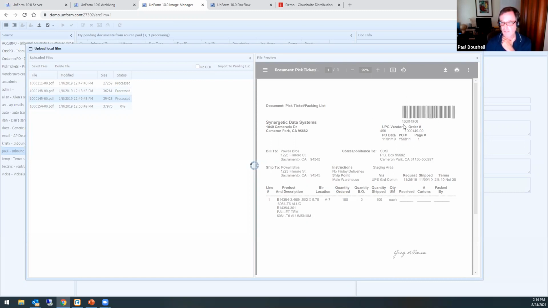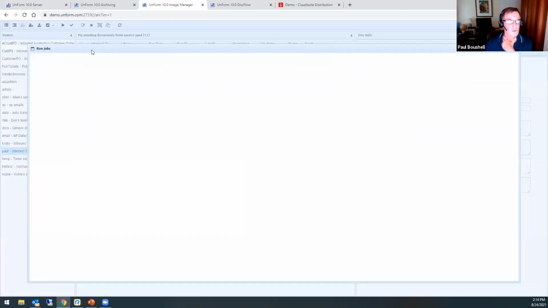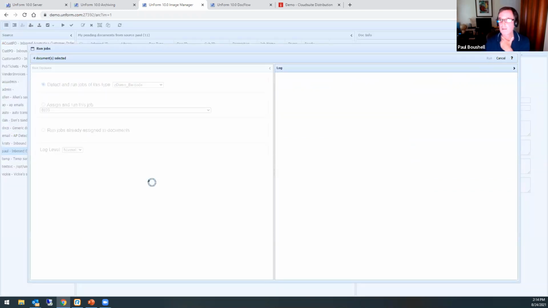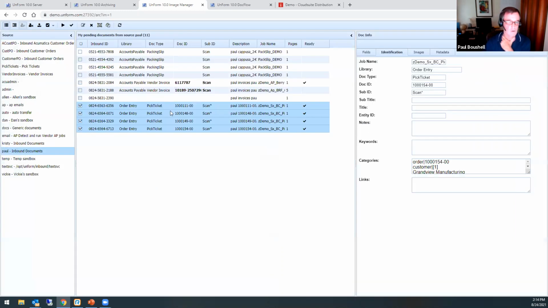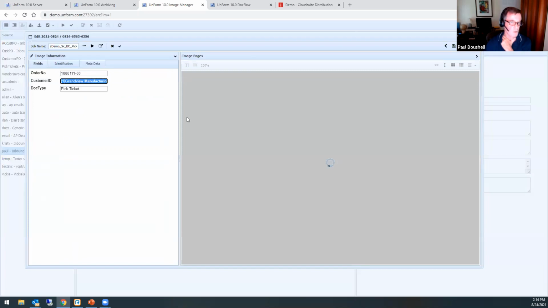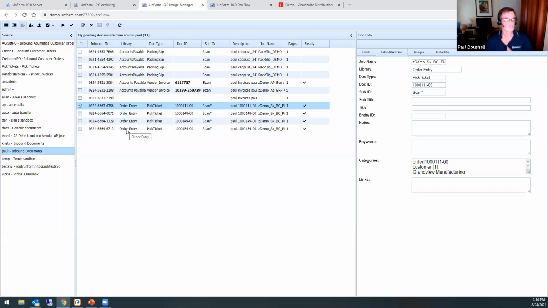That barcode represents the sales order number in this example. And as they come in and we run the job on it, again, all this can be run automatically. It'll read the barcode, get our sales order number, and any other information we want to be able to index that information. So that's one example of how we can use barcodes to automate that indexing process.